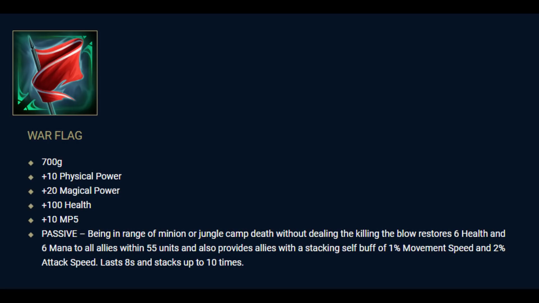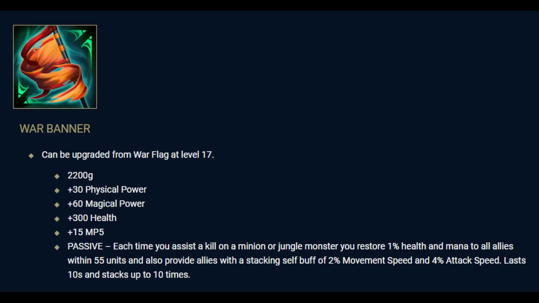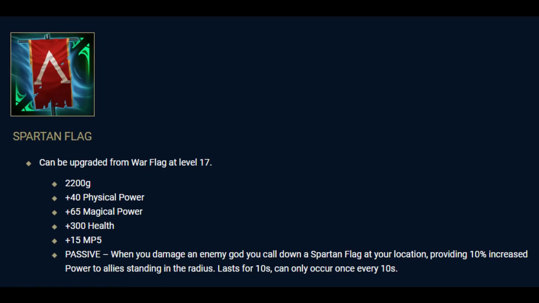So this goes for a lot of early aggression. Warbanner enhances this buff, now giving you and allies 1% of your health and mana for an assist, and also provides you with a buff of 2% movement speed and 4% attack speed with up to 10 stacks for 10 seconds. The other upgrade is Spartan Flag, which calls down a flag at your location when you damage an enemy